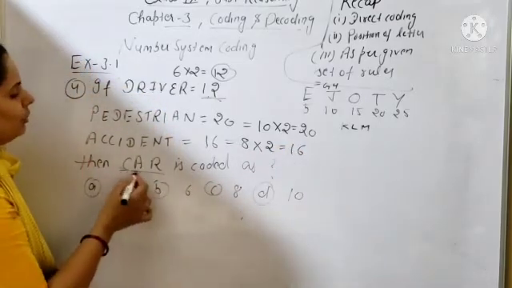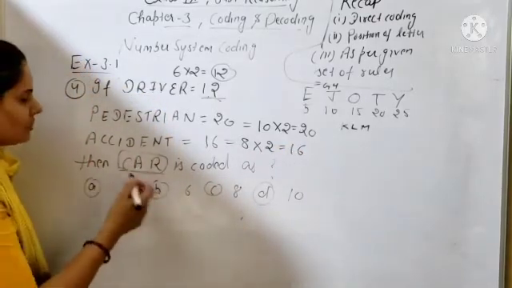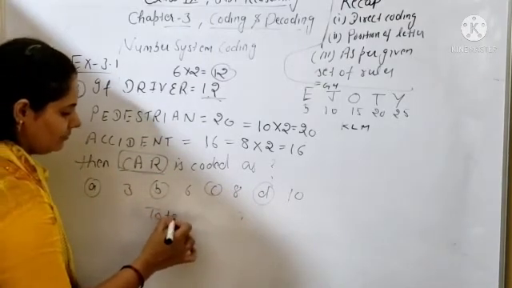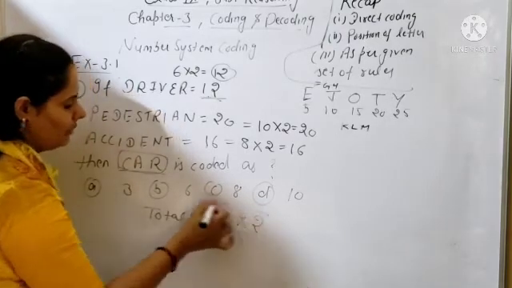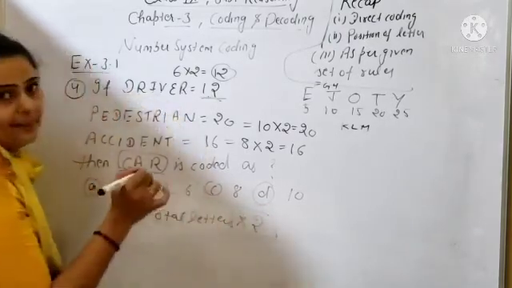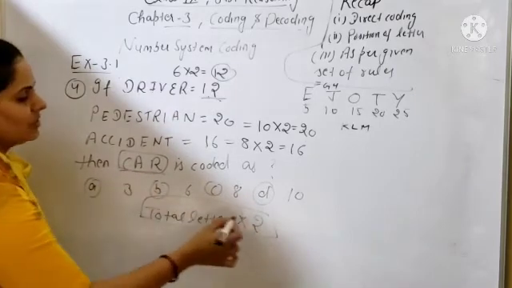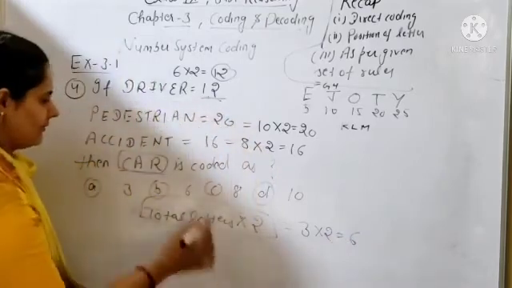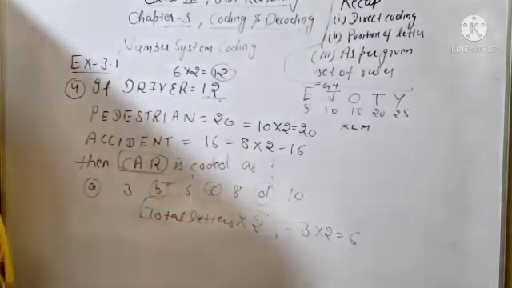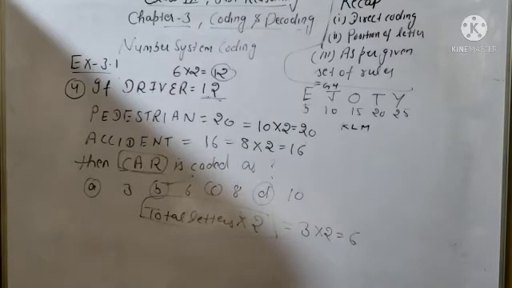Clear? So same rule you will apply in CAR also. So CAR, how many total letters? Total letters multiply 2. You are following this one rule. So how many total letters, beta? 3. So 3 multiply 2, you will get the answer 6. So 6 will be your correct answer, B option. Is it clear? Like that you can find out the rule first. What trick you are applying here, you have to find out. After that, same you have to follow in the questions. Is it clear all of you?